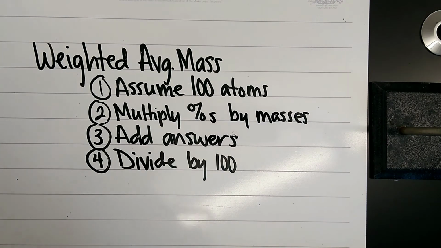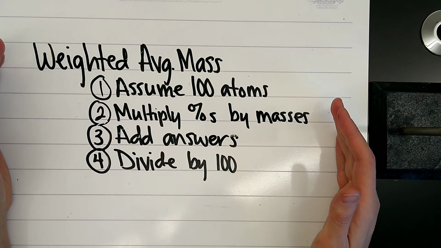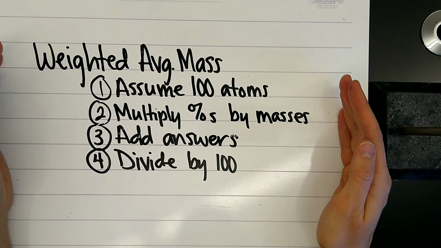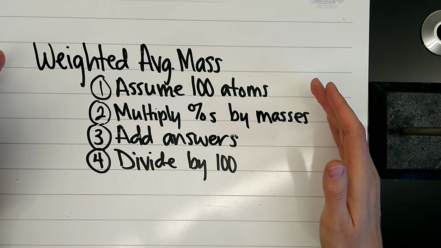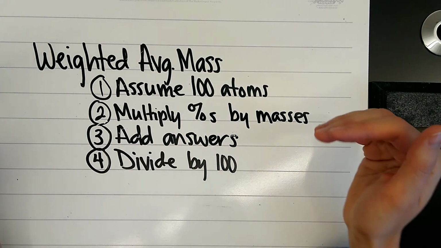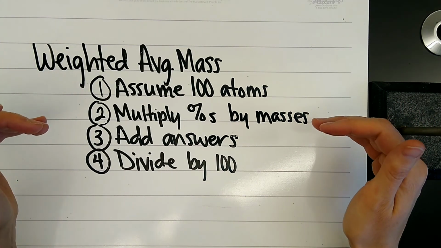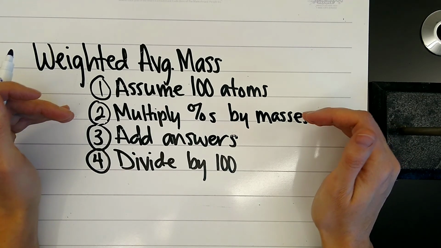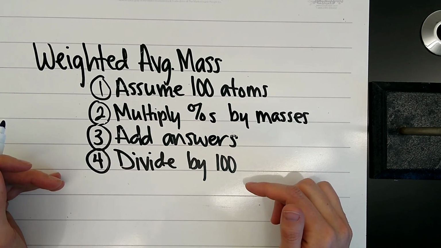So speaking of weighted average mass, we put into your notes packet the steps for weighted average mass because in our experience teaching this class, these steps make a little bit more sense for people's brains than the ones in the book. Both methods work, you can work them out either way, but this seems to be a process that most students understand better. So when you're given percentages and masses of isotopes, we're going to assume we have 100 atoms in our sample, which means that we can multiply those percentages by the masses to figure out how much those atoms would weigh. We add all of our answers together to add up what all 100 atoms would weigh, and then we divide by 100. Okay? So I'm going to just do problem number